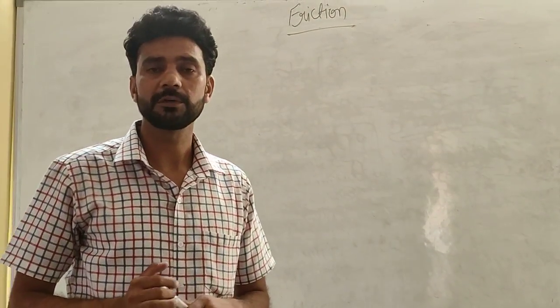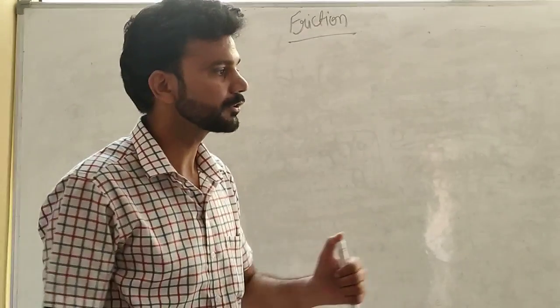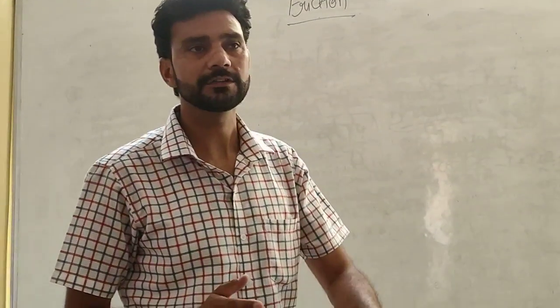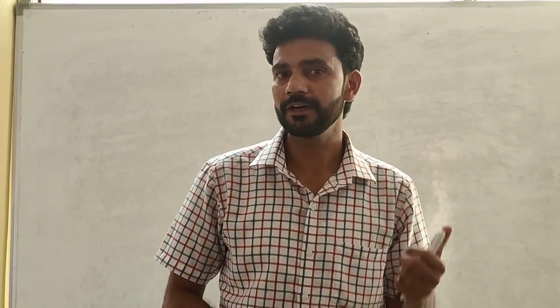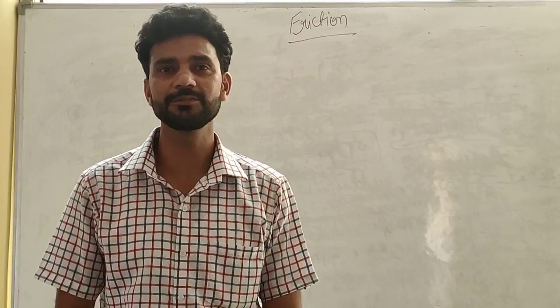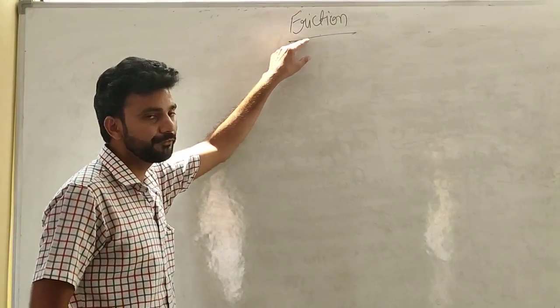Friction is a force which opposes the motion of an object. If the object is moving, the object stops after some time. When we slide a ball on the ground, after covering some distance, the ball stops. Why does the ball stop? That is due to the friction. So friction is a force which opposes the motion of an object. That force is known as friction.